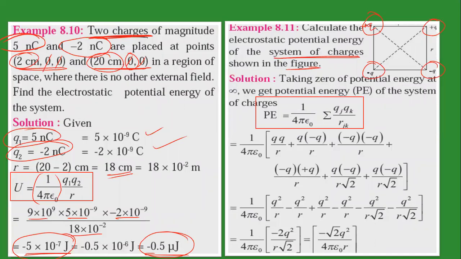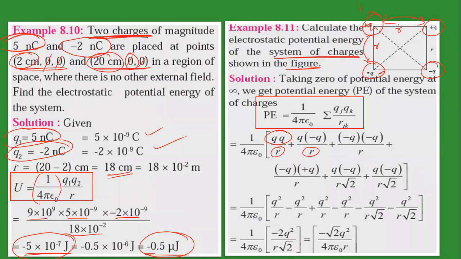So the electrostatic potential energy is given by this formula. 1 upon 4 pi epsilon 0 is common everywhere. Then Q into Q, this charge multiplied by this. Both are positive, you can see here, and the distance between these two is R. Now, this is the first charge and this is the second, minus charge. This is the first and this is the next charge, a minus Q charge. Again, the distance is R. All sides are the same.